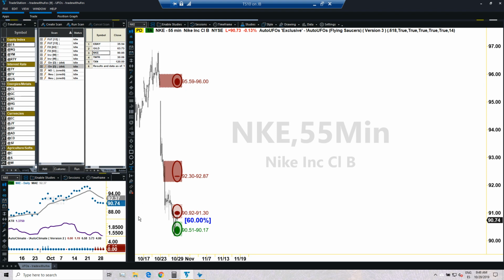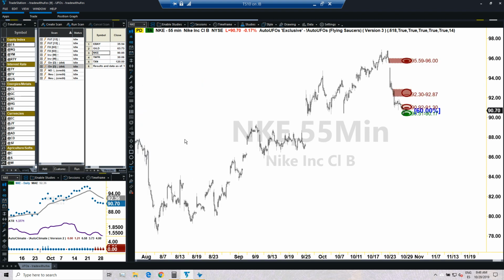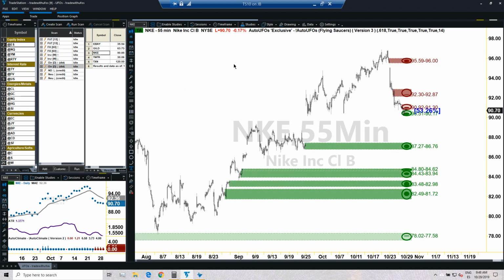So Nike is the next candidate. Loading Nike, we got 4 candles out of 4. So careful, still okay taking the trade. But if it's not today and it's going to be tomorrow, then you need to go with half of the size. We need to be aware of that, and not only aware but also careful not to forget that the more extended the climate has been, the less likely it will last. Even though sometimes we have very, very long-lasting climates, it's all about statistics, and statistics suggest 3.73. We have to be respectful of that.